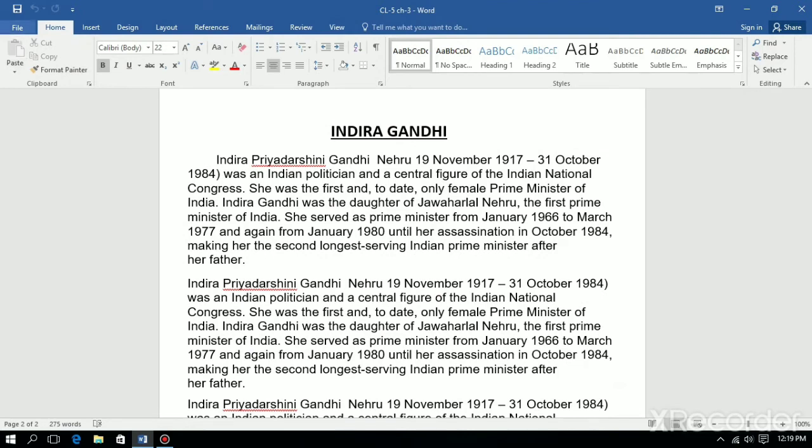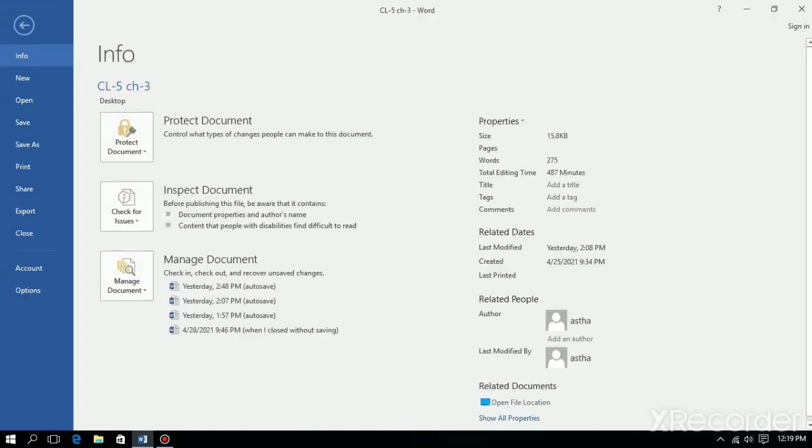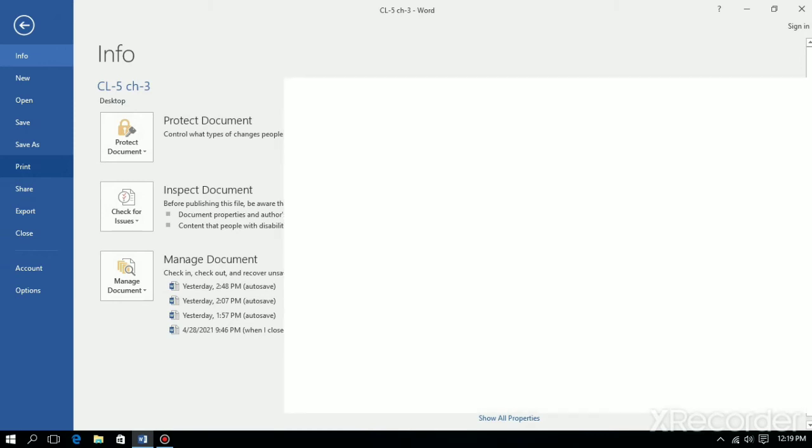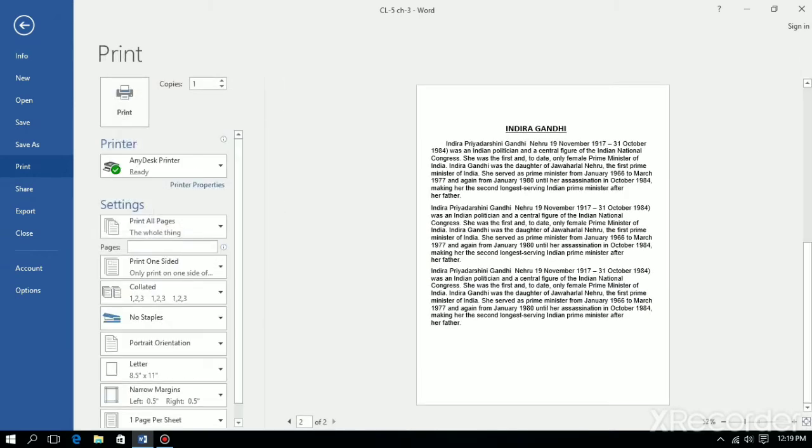First, click on the File tab. Click on the Print option, and you can choose the number of copies to be printed of the document. There are given numbers of copies 1, 2, 3. Okay, I have chosen 5 here.